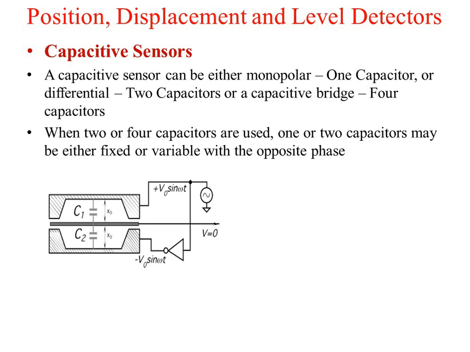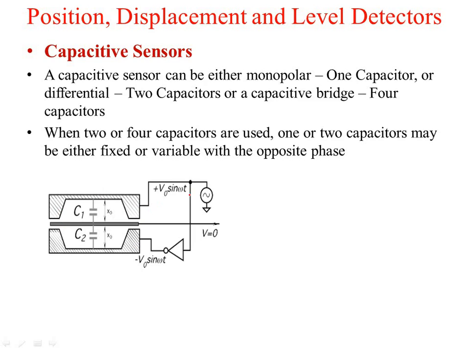Here now you can see how it is used for the measurement of displacement. I can show you. Now this is the center plate, which is kept at x0 distance from C1 and x0 distance from C2. So this distance is fixed, x0 and x0. So what will be the output? The output generated because of C1 will be considered as plus V0 sin omega t. Let us consider that. What will be the output at the other one? It will be minus V0 sin omega t.